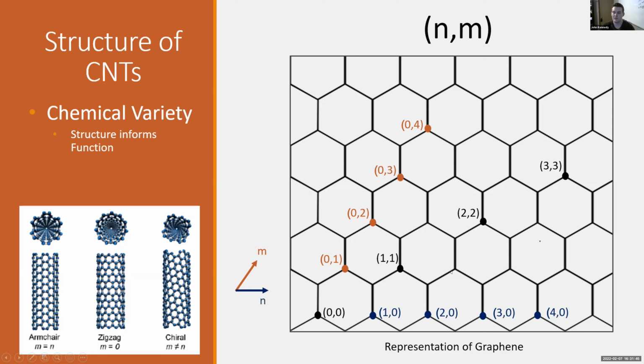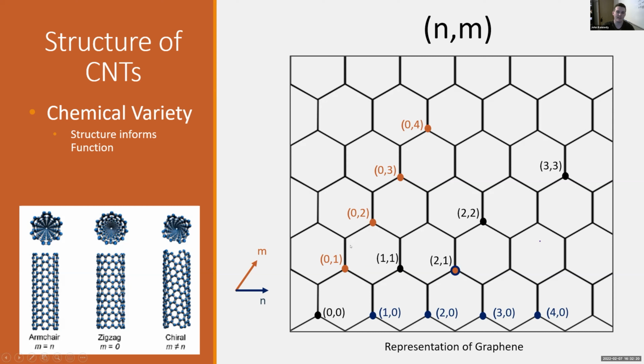All of the lattice points, all of the carbon nanotubes that are defined when N and M are equal to each other are going to give us an armchair structure, wherein the top of the carbon nanotube or the ends are much more smooth. Whereas if we're following the M equals 0, we end up with the zigzag structure of a carbon nanotube, and these will all be defined as a 1, 0, 2, 0, 3, 0, or 4, 0 nanotube. And then finally,